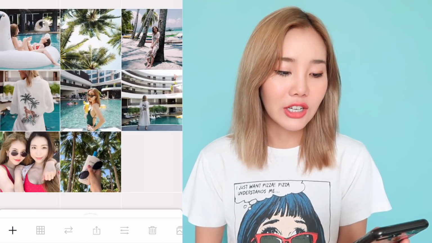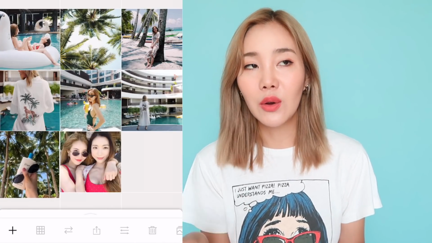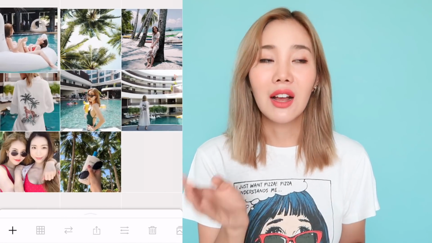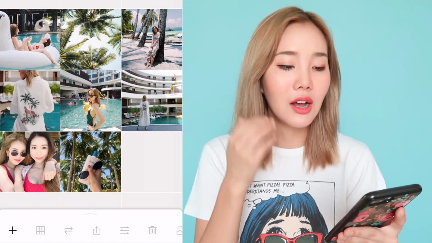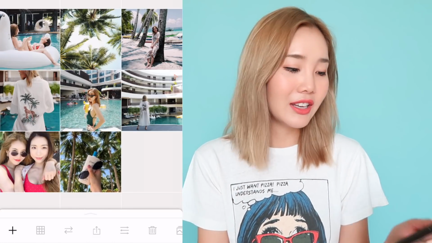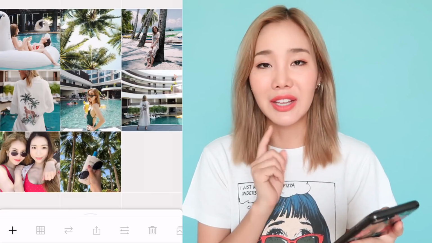And afterwards, I like to check if the photo matches my feed on Unum. I love this app. This is my go-to Instagram feed planner. I really can't live without this app. When I was in Boracay, I actually took a lot of photos and was rearranging them, and I actually uploaded them a couple days late. So I wanted to make sure my feed looked really good, so this app actually helps with that.